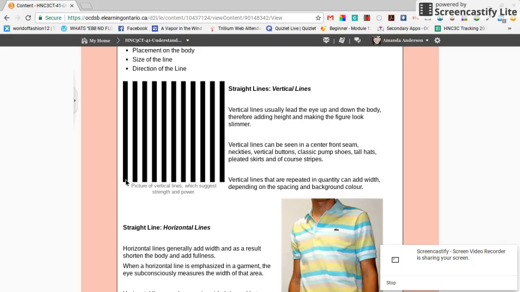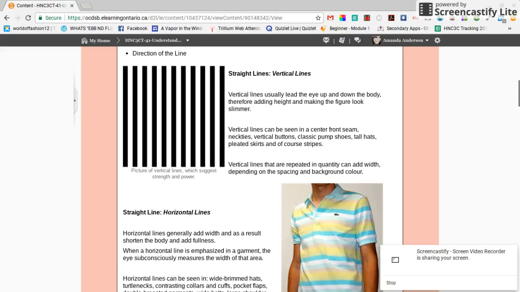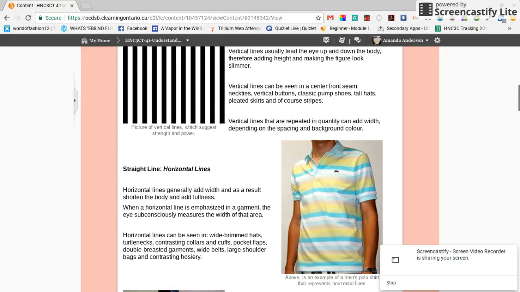So vertical lines can be much more subtle than the black and white picture that I have here. It could be a center front seam, or a necktie can act as a vertical line. Buttons up the front of a shirt act as a line. Also, more abstract lines like a pump shoe with a big heel that acts as a line up the back of the calf, or pleated skirts. So all of those can add length to the body, and it changes depending on the spacing and the background